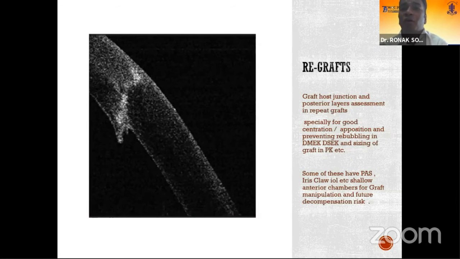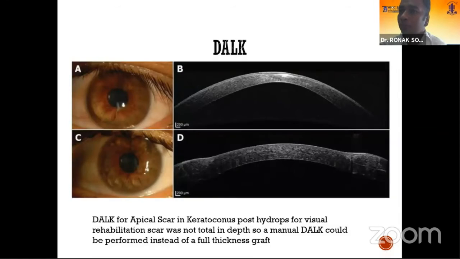It's a case where there is a spur on the posterior ledge. This was actually a 6.5 to 7 mm optical keratoplasty done, which was eccentric in position. Looking at the posterior ledge, we decided not to do an endothelial keratoplasty in the form of DMEK or DSEK, and a PK was done for a better visual outcome.